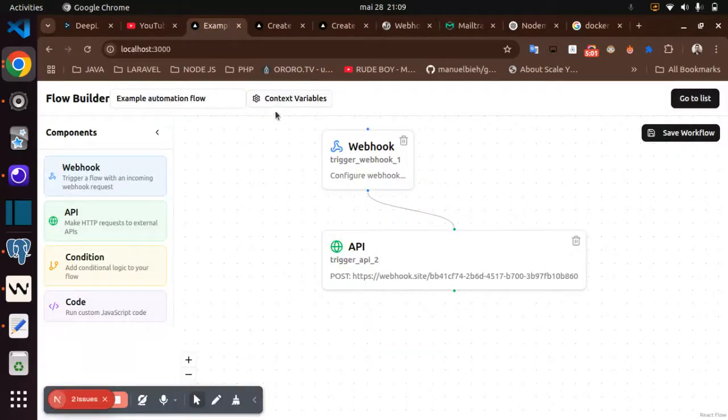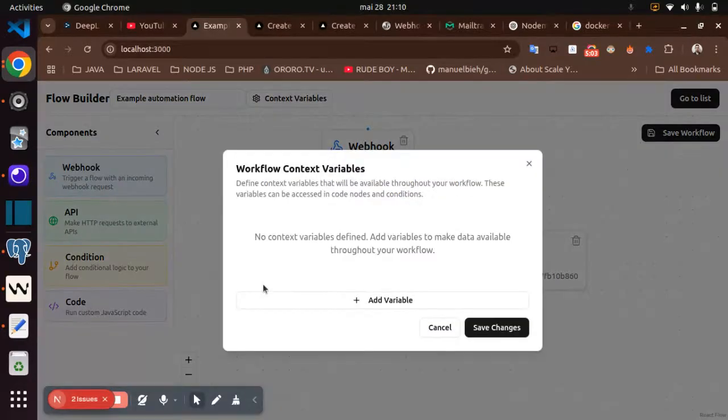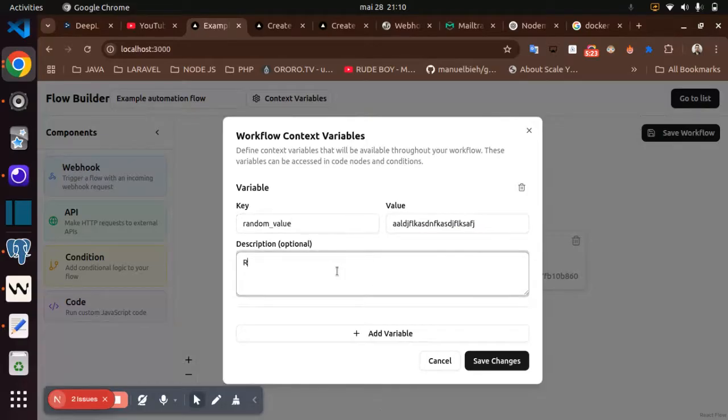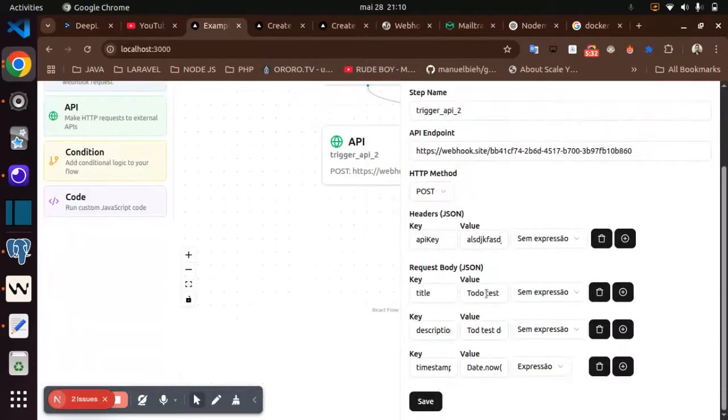For example, I have context variables. Imagine I have a workflow and I want to share specific values between each step. So I can create a variable like an email or a random value. And I just type some random stuff. And here I can create a description. Random value. And if I click save and go back here,